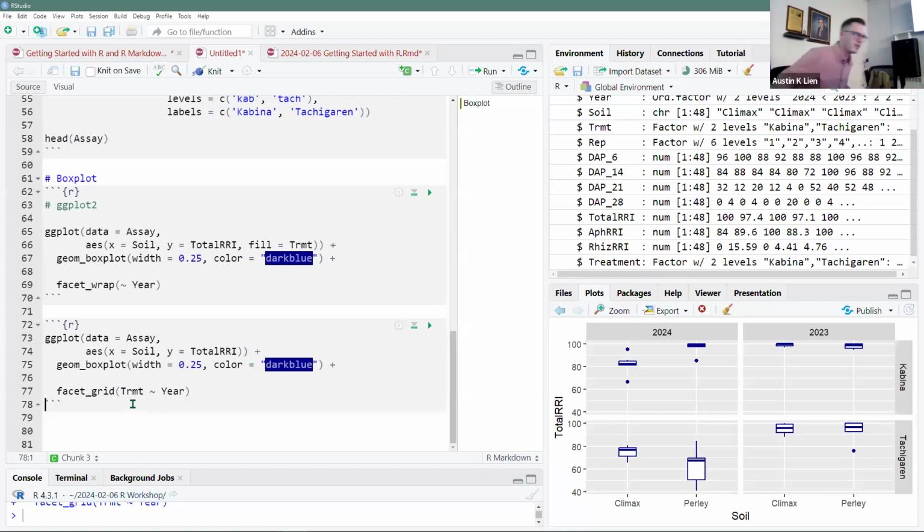So this next column that I made, I know, I'm sorry, this next one that I made, I ended up removing the fill treatment. And instead I put treatment down here in facet grid. And now we just have a separate box plot for each combination of year, seed treatment, and soil. It's a little more difficult to see it, but